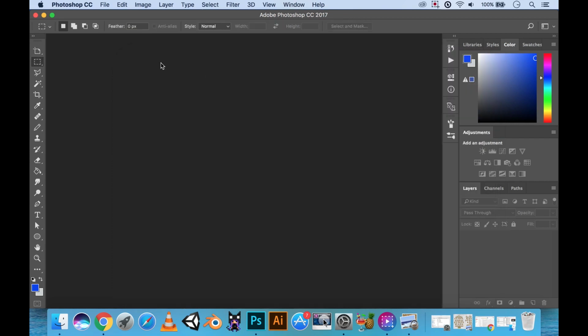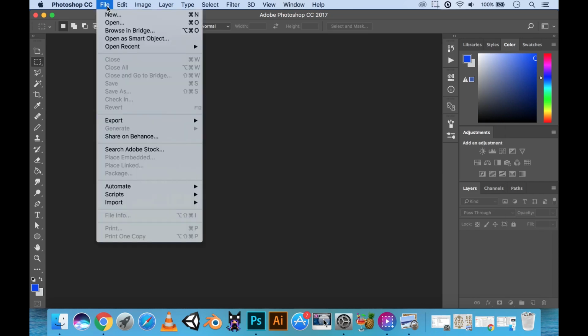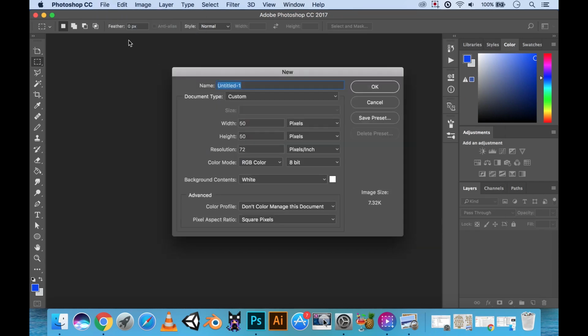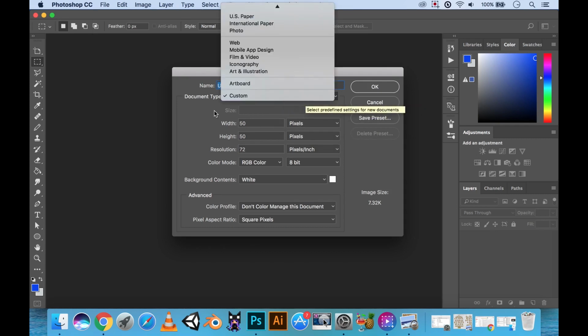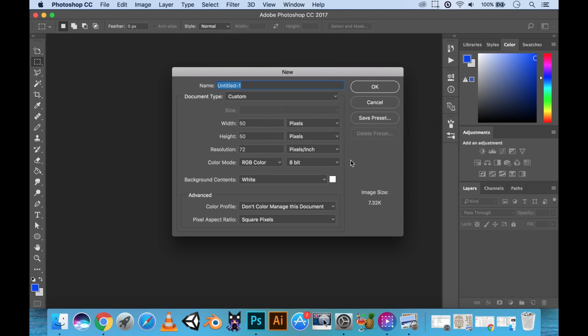I just click OK, and then to open up the new file, we're just going to go into New, and as you can see right here, my settings are set to 50 by 50 pixels. You can change that, or you can save your presets. So every time you're making a 50 by 50 pixel image, you can just select that custom preset, as I have right here. Every time you open up your new file, you'll get this option to select from. And all you have to do now is rename this as